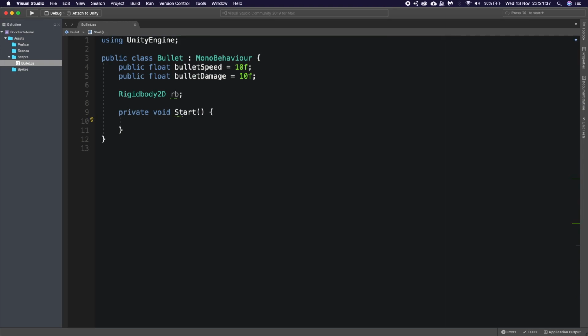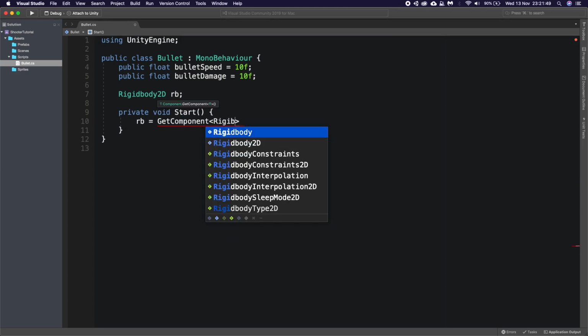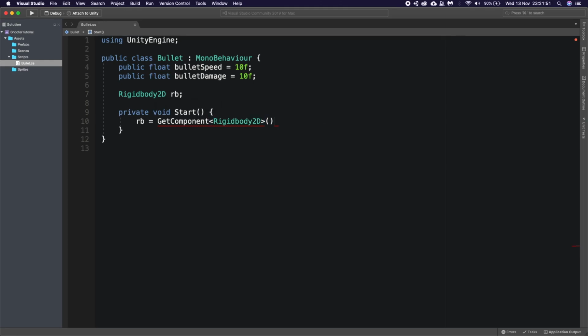Obviously, this is called when the element is started in the scene or when it launches. We'll say rb is equal to GetComponent Rigidbody2D. Once we've got that, we're going to also create a new Vector2 called force.